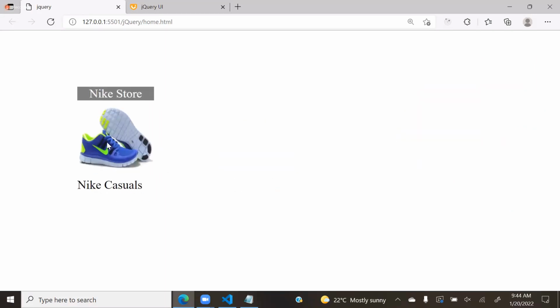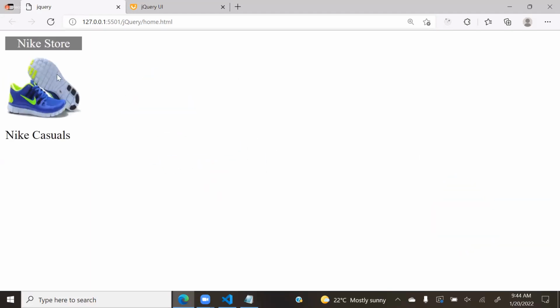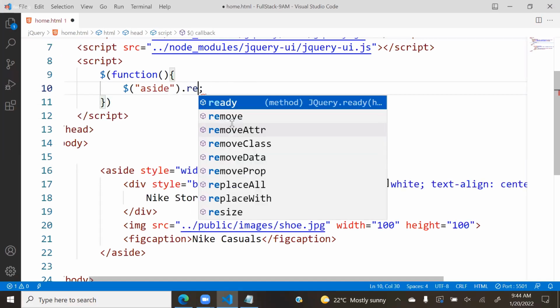So earlier to design this, a lot of logic we had to write. Now this is not only jQuery. This is jQuery UI. It is an additional library. If you import that library, same like Bootstrap, it will provide so many functionalities. I given this as draggable. We can also define, like suppose I defined as resizable,